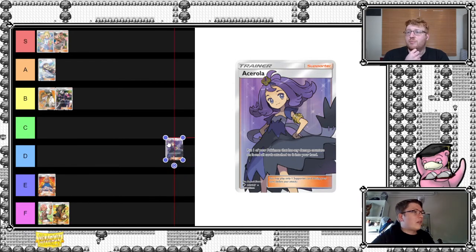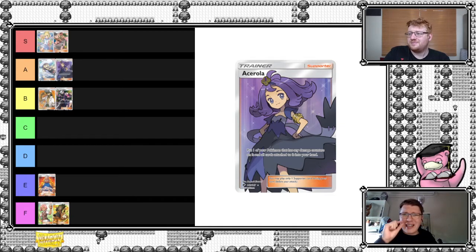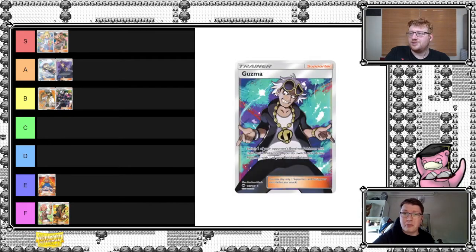Yeah, Acerola more so found herself as a 2 count rather than a 4 count. So I think an A is probably more fair than an S. Indeed, if we're comparing it, for instance, with Lillie's and Mallow, those cards just had the edge on this card overall, for playability and such. Not to say this card was not good, it was amazing, but...